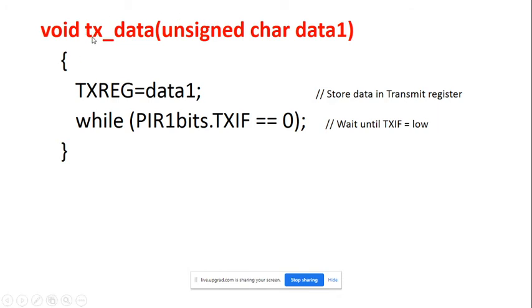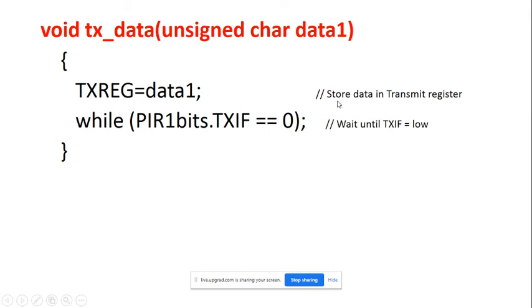The next subroutine is TX data, that is transmit data. Whatever data you want to transmit is first placed into which register? The TXREG register. That is data 1, the first data which I want to transmit. I will first place it into the TXREG register, which holds the data. Okay, 8-bit data. Then the 8-bit data is converted into a packet, and one by one it is sent through the TX pin as per the baud rate.